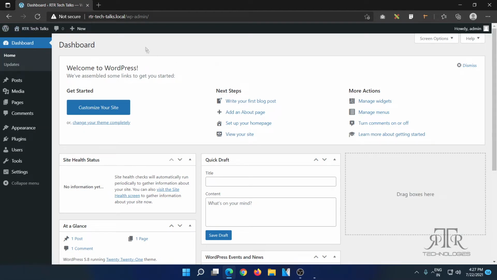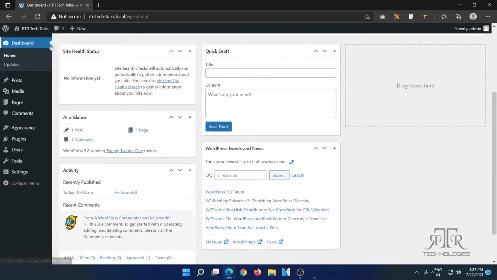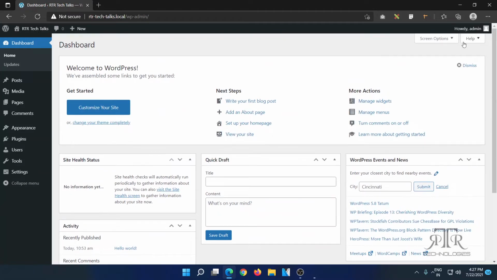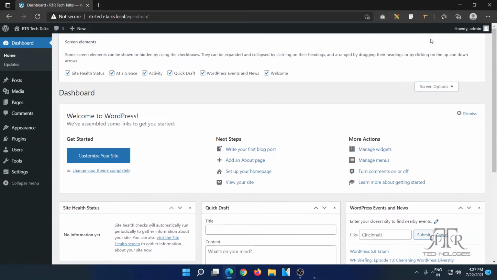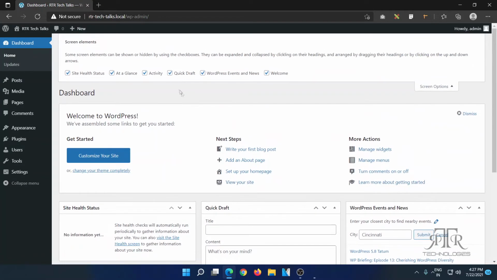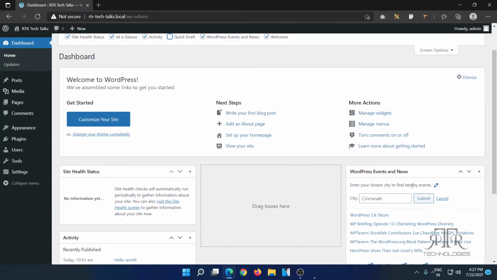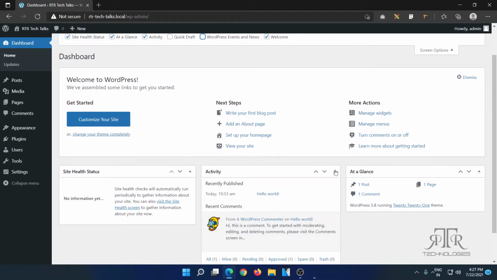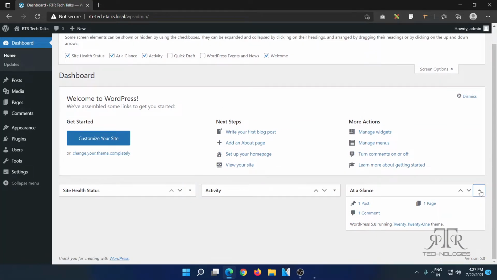Next, we come to the dashboard menu. When you click on the dashboard menu, you will be directed to the welcome page of WordPress dashboard. Here, you can see various widgets which can be dragged to specific positions. At the top right edge of the page, there is an option called Screen Options. When you click on that, a section expands in which you can control the visibility of the widgets on this page. This helps you to keep your dashboard organized and well arranged.